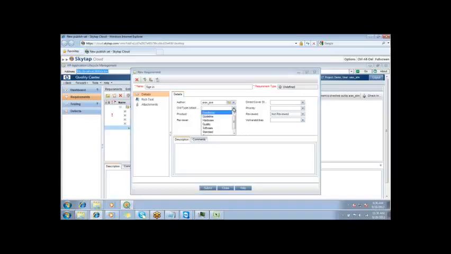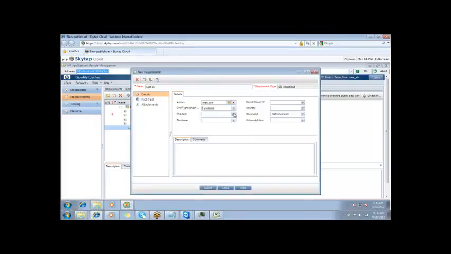Then what is this? Is it a functional requirement or what exactly is it? Is it a guideline? Is it a hardware requirement? Is it a quality requirement? Software requirement? Standard requirement? What is it exactly? You're signing in. It is functional. It is a functionality, right? So we will select functional over here.